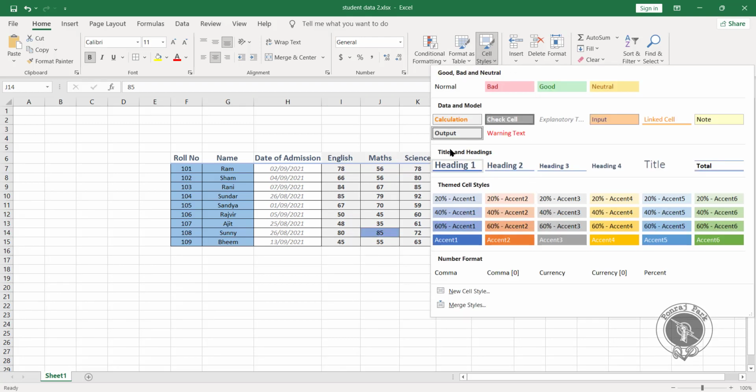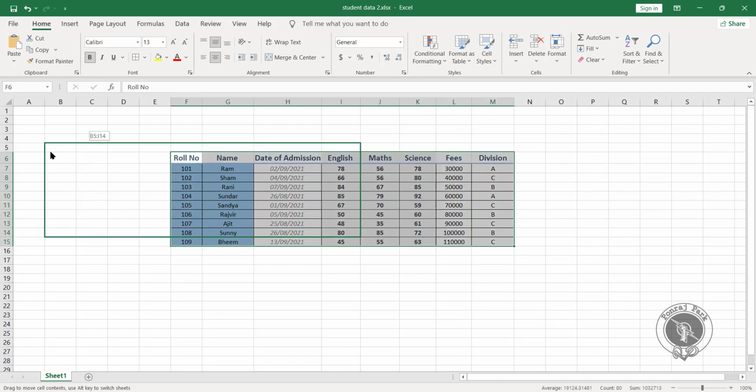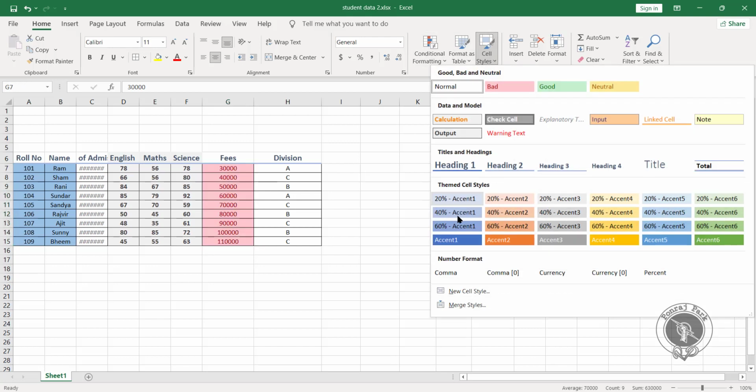Okay, so after the cell formatting we have the number format as well. So for that I'll select my table, just let me move it here. So I have this fees section over here. So I'll select that, and here you can see, if you want to give the comma to this, like in the Number group we have learned about the currency format and all. So in that we have this comma format as well.